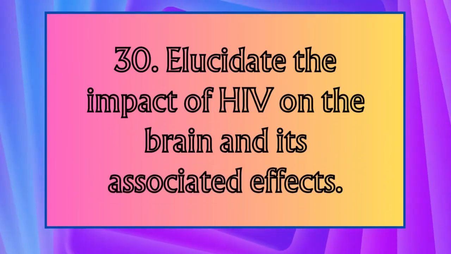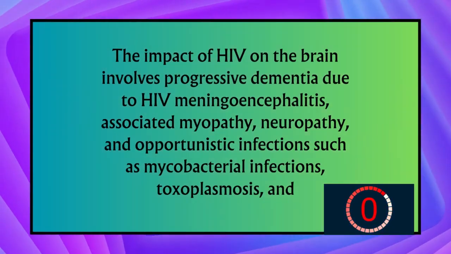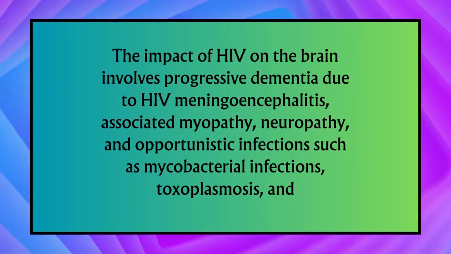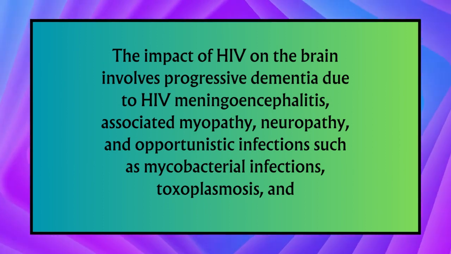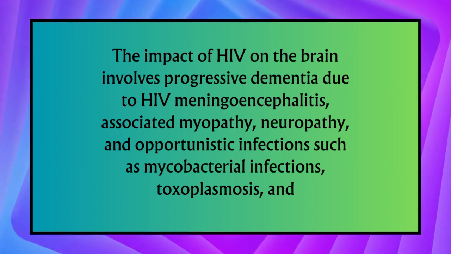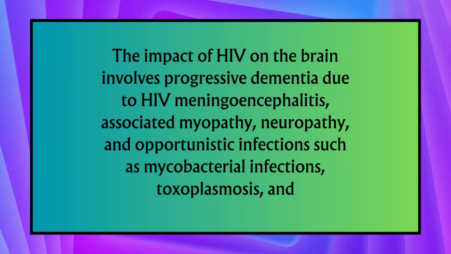30. Elucidate the impact of HIV on the brain and its associated effects. The impact of HIV on the brain involves progressive dementia due to HIV meningoencephalitis, associated myopathy, neuropathy, and opportunistic infections such as mycobacterial infections, toxoplasmosis, and